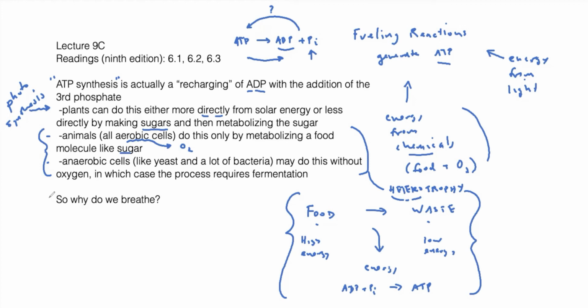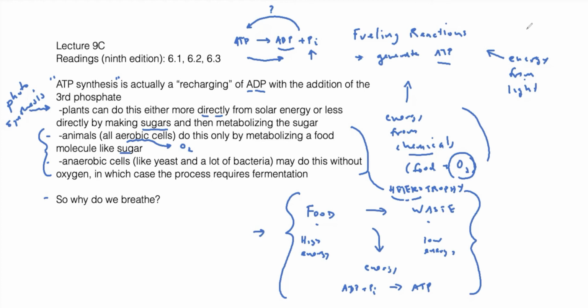So answer this question: why do we breathe? Well, at this point you're thinking, I've got a need to generate ATP. The mechanism that I use to generate ATP is to convert food molecules into waste molecules. And this is happening with the help of oxygen because I'm an aerobic organism. And therefore, I need to provide my cells with a continual supply of oxygen. And that's effectively what